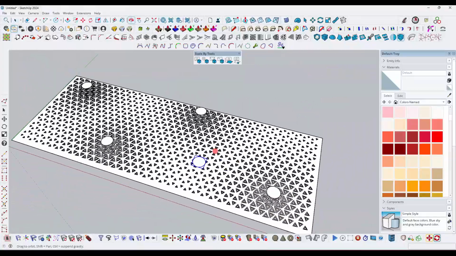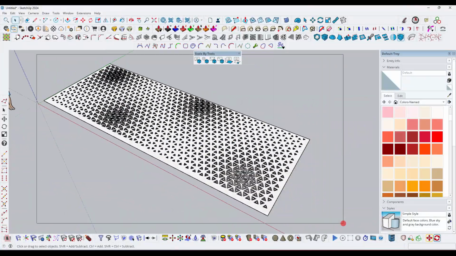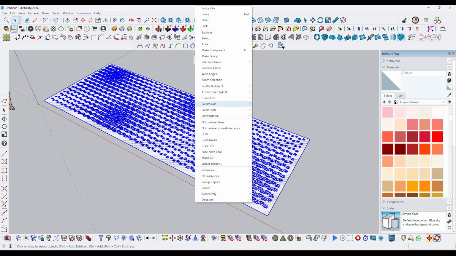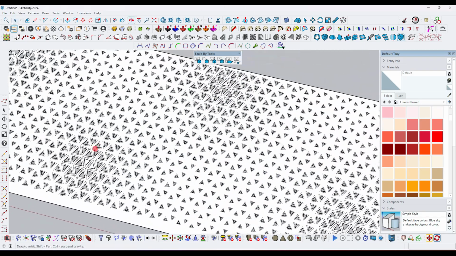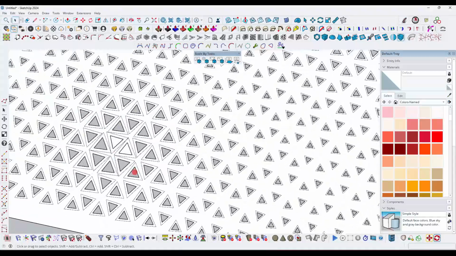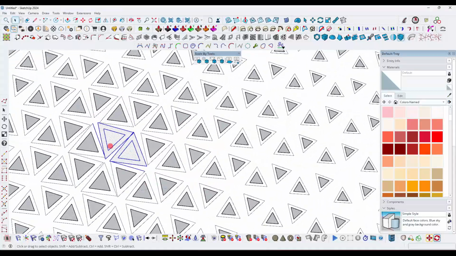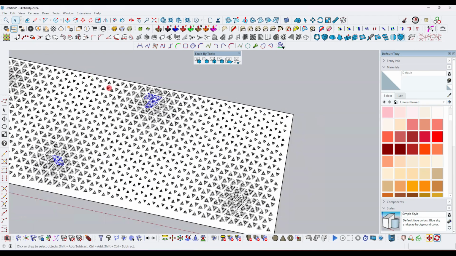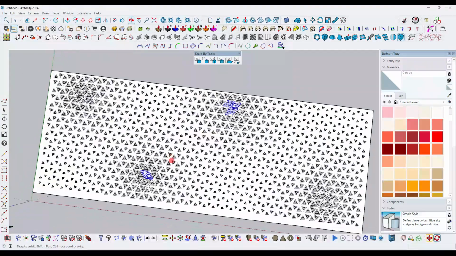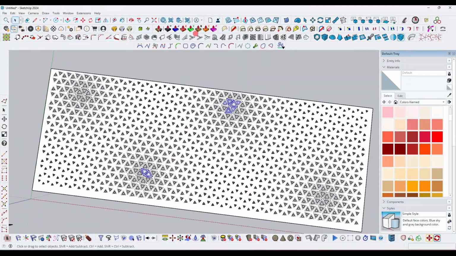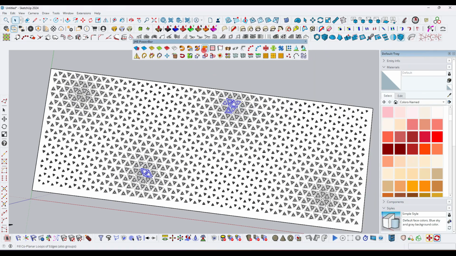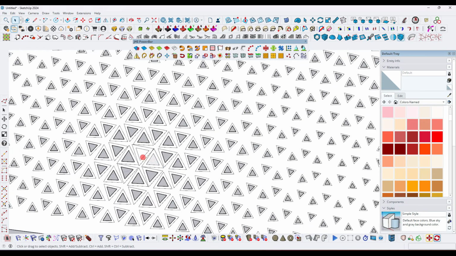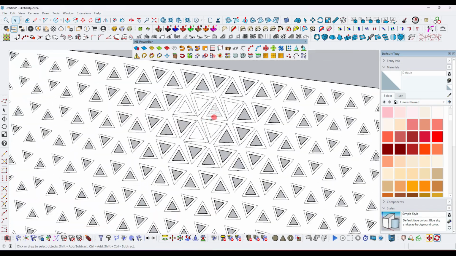Now we need to extrude it. So select faces, select the entire model, right click and explode it. Now it's exploded and all the faces are perfectly cut. If it's not cut, you have to select like that over here, and then use the HS Power plugin and click the face finder option. Now select this face and delete it. Okay,